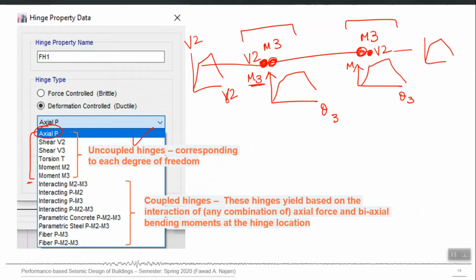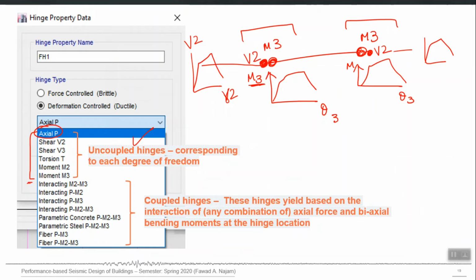So it's not that for all elements, for all degrees of freedom we define hinges. We do it for selected elements and for selected actions only, right? But uncoupled hinges are good for, for example, truss elements, nonlinear truss elements or bar elements. They can be good for beams, but they may not be good for reinforced concrete columns, and that is for